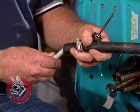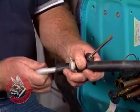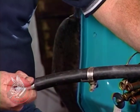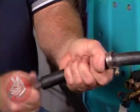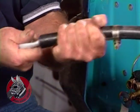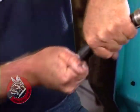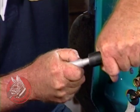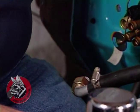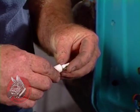Okay, now we're going to set up our hose. We've cut it to length. We're going to set up our vapor line out the top here where the hot gases come back out. Make sure the hose is all the way down onto the line there. Now we'll just take this O-ring, lubricate it again with some of the lubricant for the refrigerant,